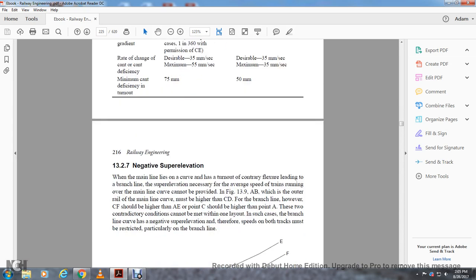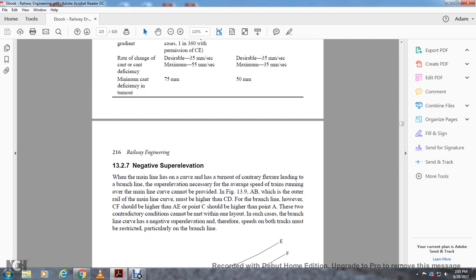Alright, 13.2.7, negative superelevation. The main line curve turns and counter-flexure occurs with the branch line. Superelevation necessary for the average speed of trains running over the main line curve cannot be provided, as in figure 13.9b, where the outer rail AB of the main line curve